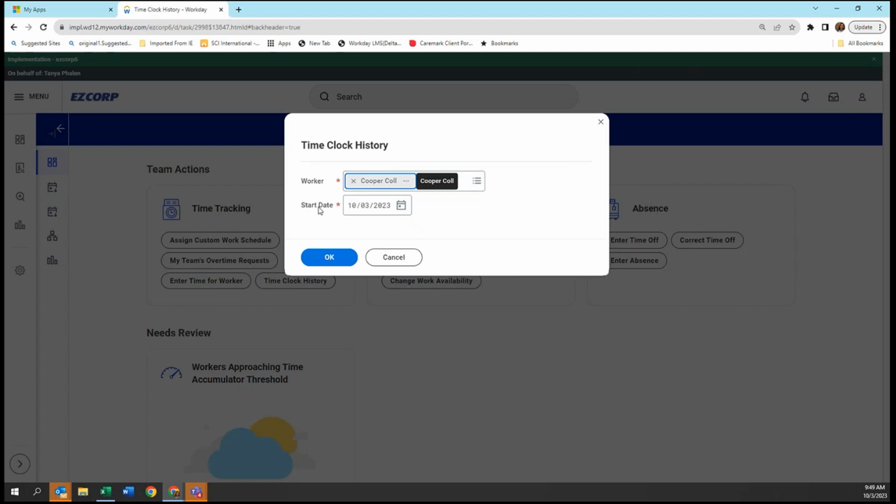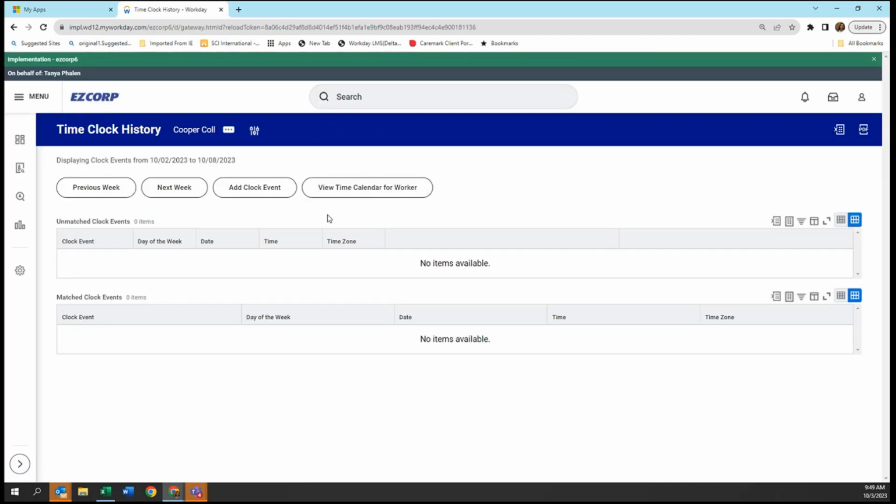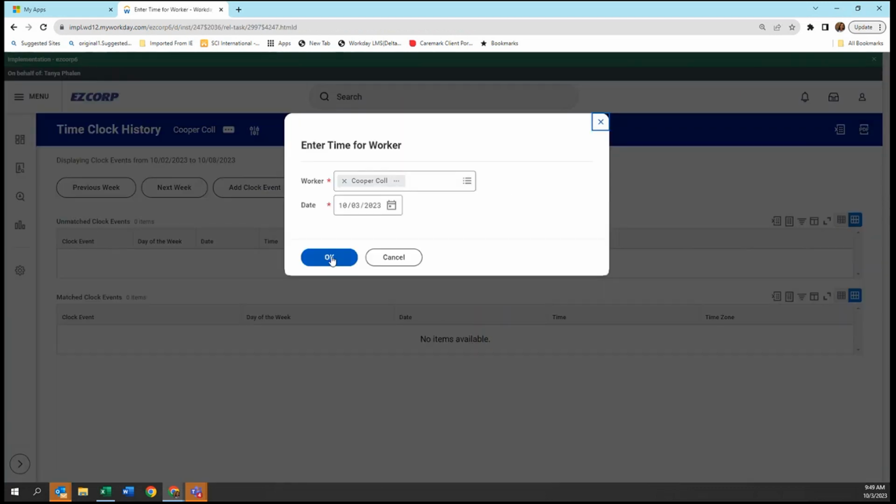Their start date, if you know the actual edit date that is required that you need to update, you can put that date in, or you can just allow it to default to the current date. Click OK. After that, on this screen, you can click View Time Calendar for Worker, which would then take you to that